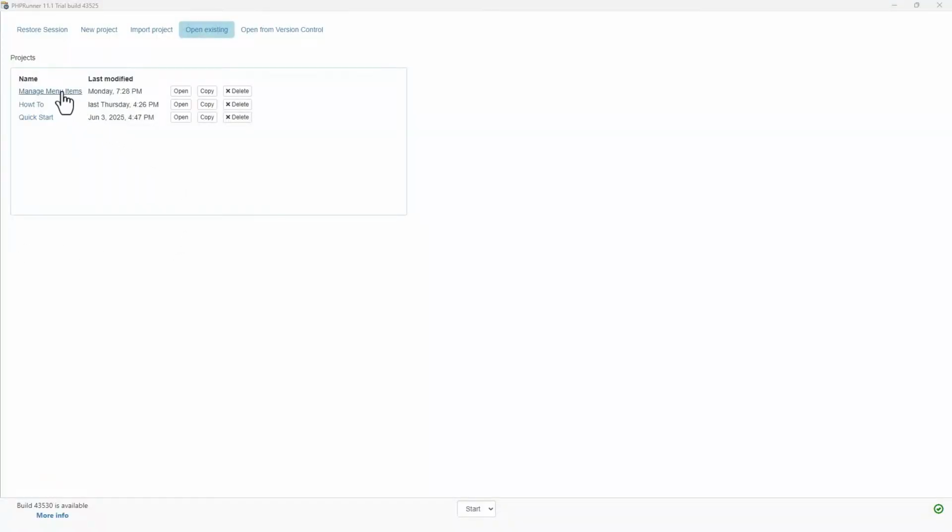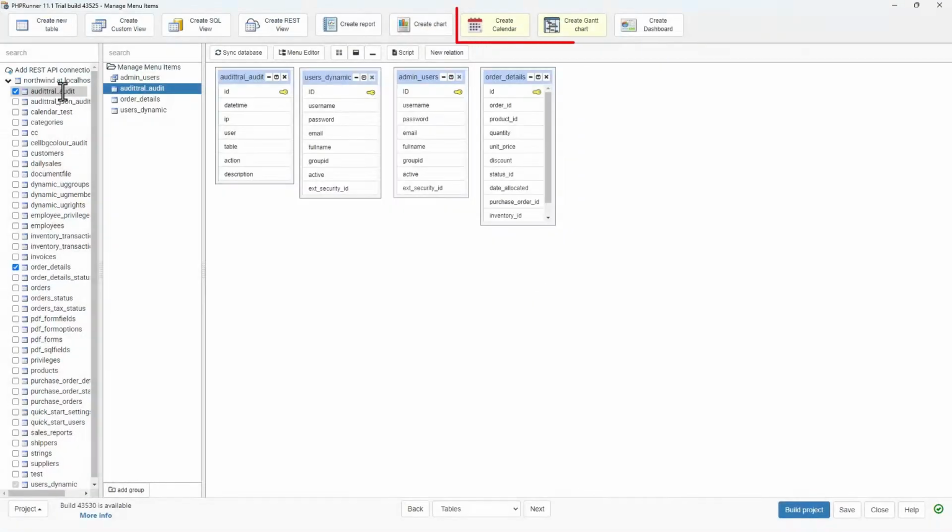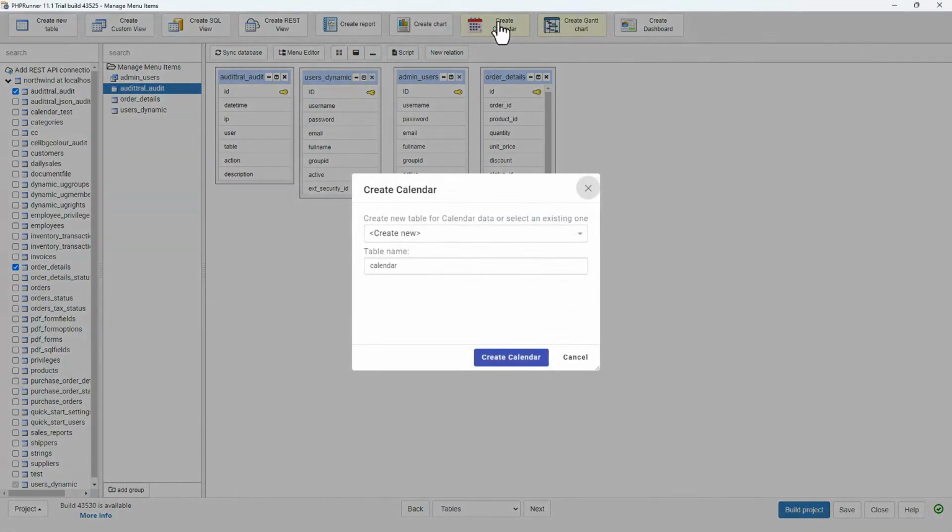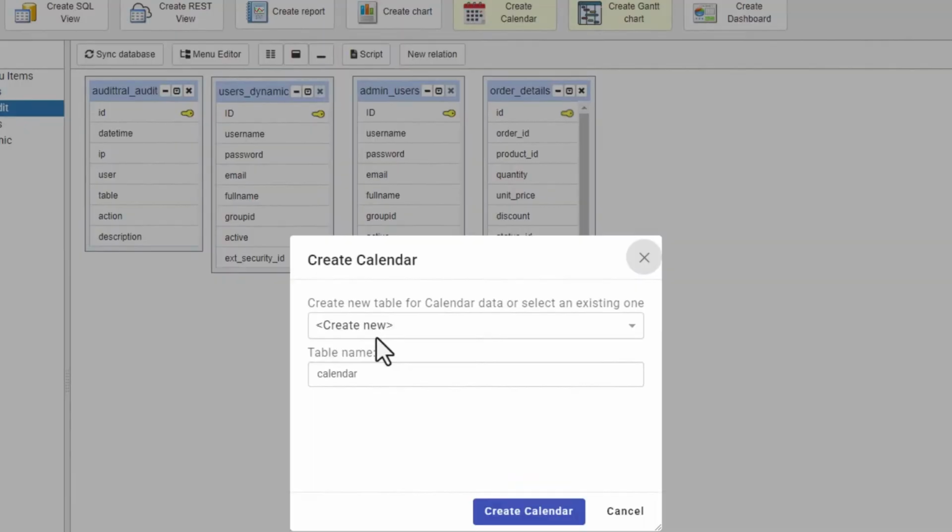Okay, I'm going to open one of my old projects because I think it will work in beta version 11.1, and click on the create calendar button, and then let's have the software create a table for us. I'm going to give it a table name test_calendar and click on create calendar.